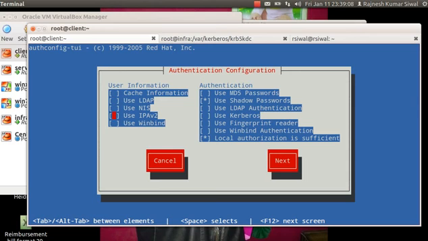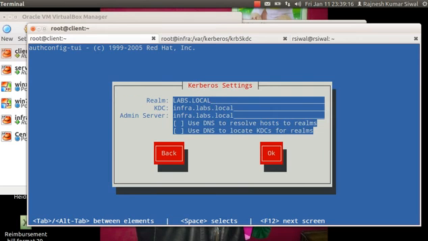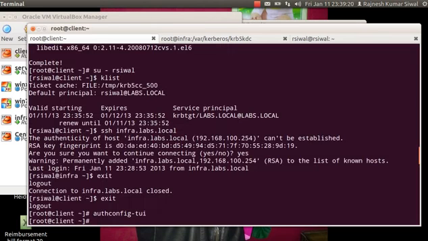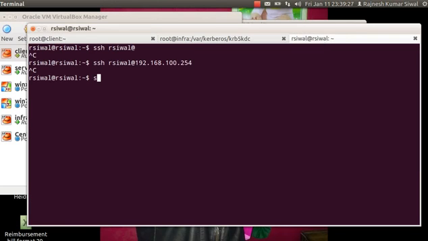User information can be from any database, but the user should be present, and authentication will use Kerberos. labs.local KDC realm is fine. Click on OK. Okay. Now, if I try to log in to this client machine